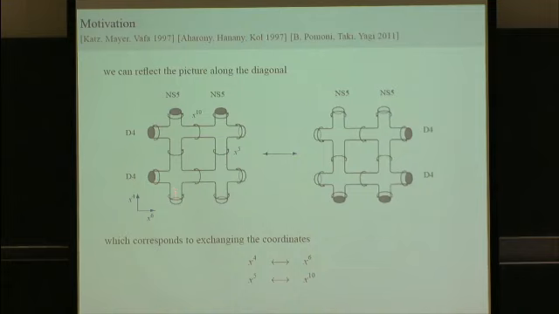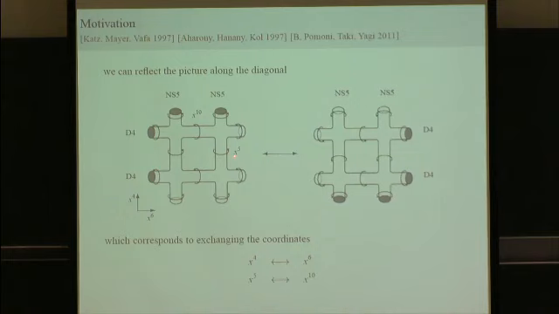So here again, these vertical lines are the NS5 branes. These horizontal ones are D4 branes, but together, one should view the entire thing as one M5 brane. So here are the X5 circle that we introduced, and also this is the M theory circle.